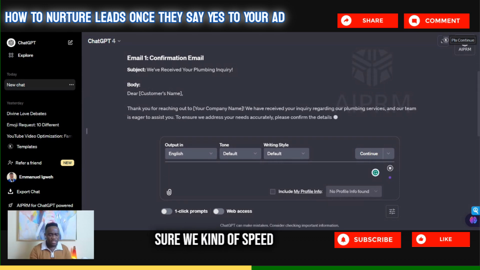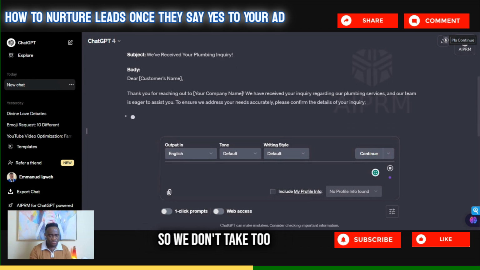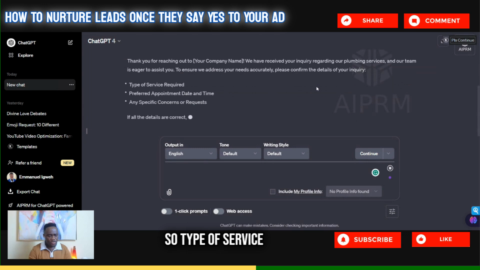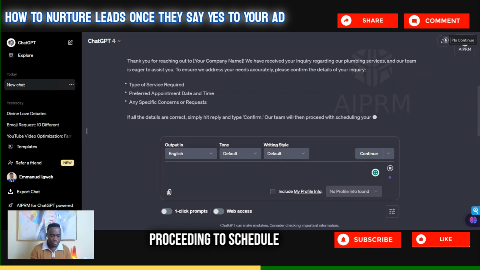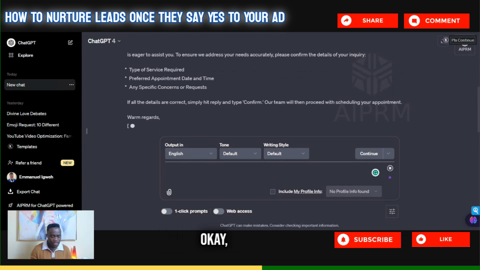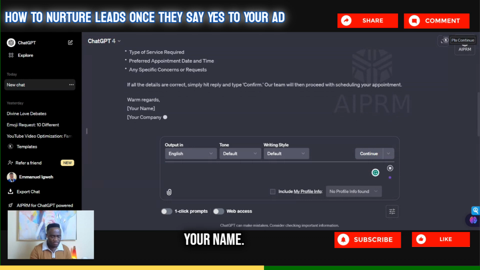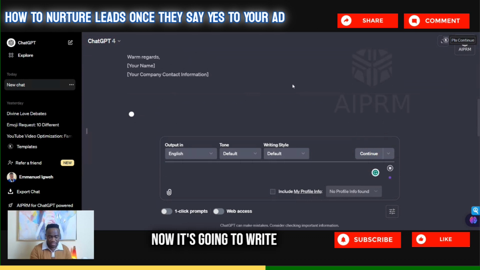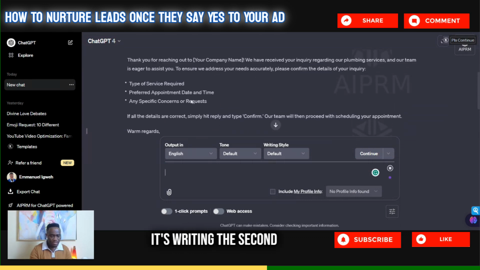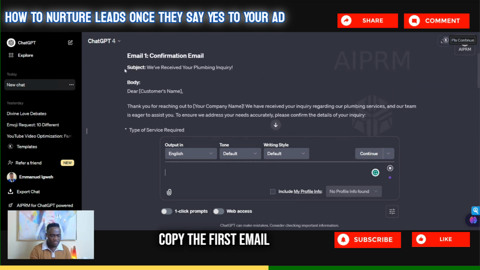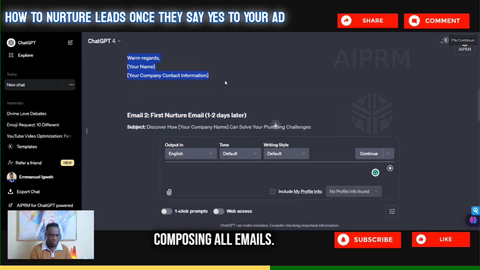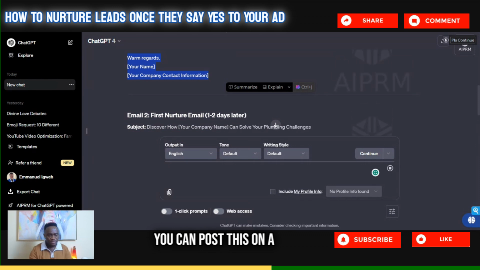We're going to speed through the process here so we don't take too long. It gives the type of service required, and says simply hit the reply button, type confirm, and our team will then proceed with scheduling your appointment. Now it's writing the first email, and then the second email. I'm going to copy the first email because it looks a little slow in composing all the emails. You can paste this in a Google Doc, or we can just edit here directly from our